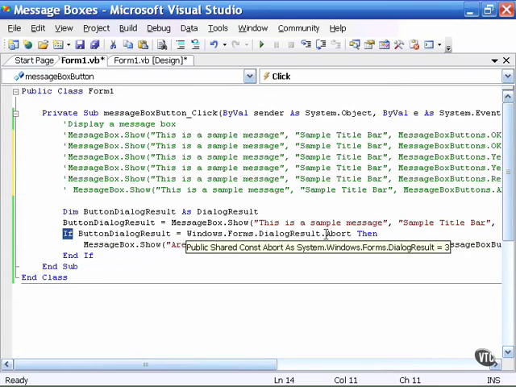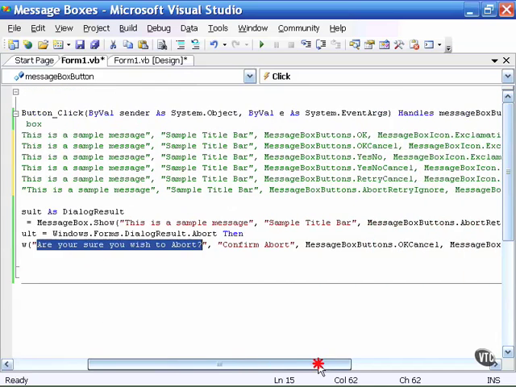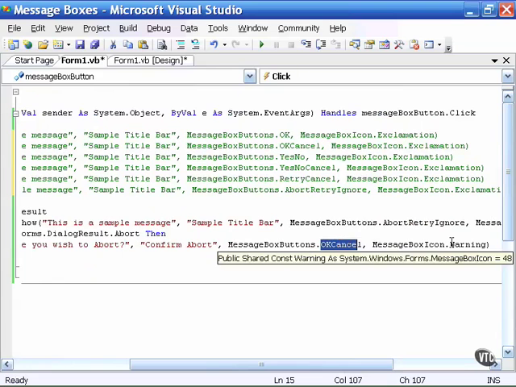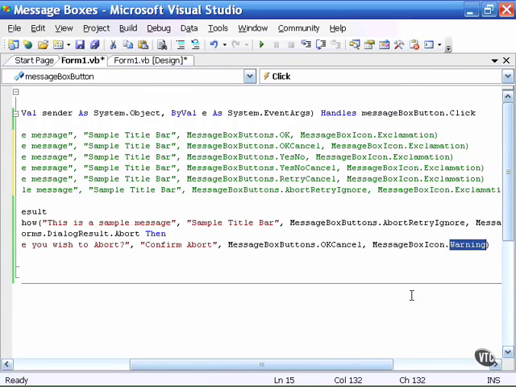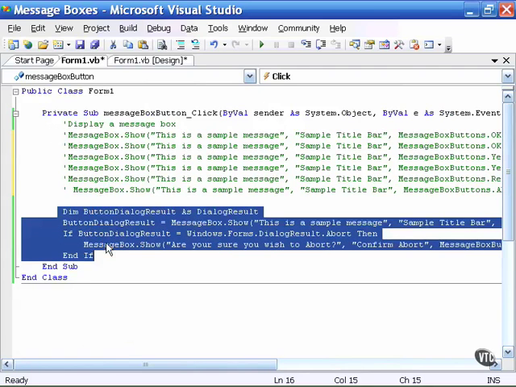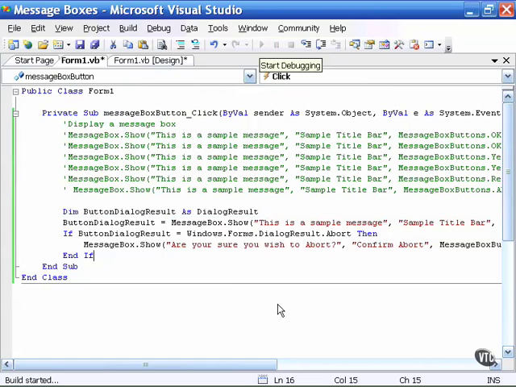But this if statement is evaluating the result of their response, and if they have chosen abort, I'm sending another message box to them to ask them, are they sure they wish to abort, since this is a fairly serious operation. I'm giving them the option of choosing OK or cancel, and I'm choosing to use the warning icon. I have commented out the remaining code simply so we can focus on this new code. You'll notice also there is a variable called button dialog result. Once again, this will be explained later. So let's just run this program,